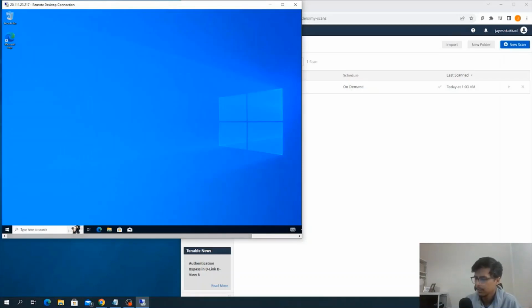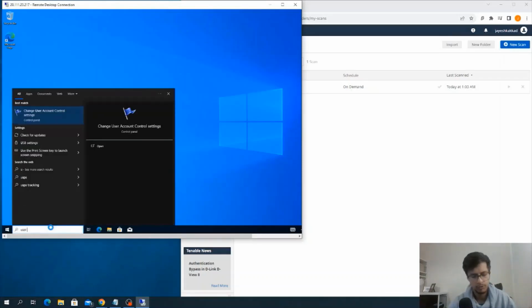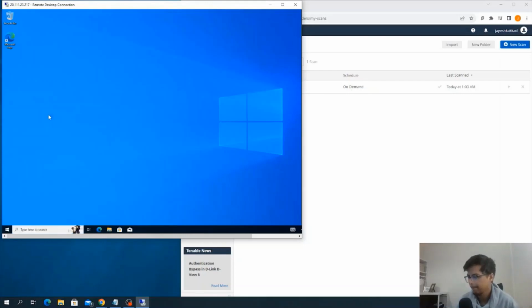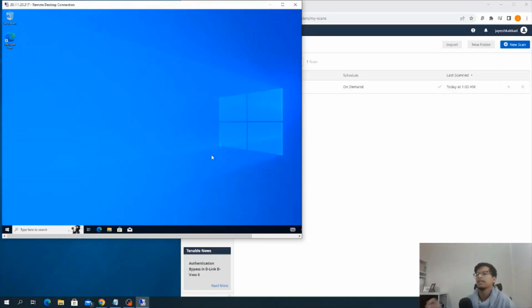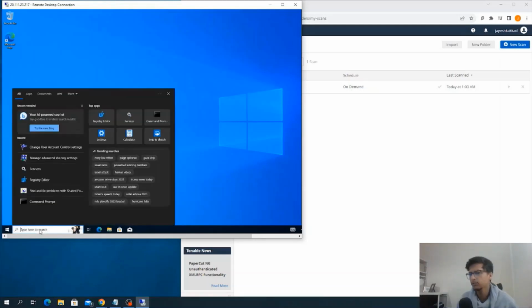The next is we go to the user account control, and just change this to never notify. Again, as I said, these are hacks, but in an organization these steps do not exist. I think also if you use the professional or the expert version, you don't have to find hacks for doing this. But for demonstration and for understanding,